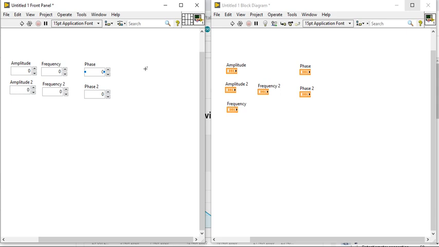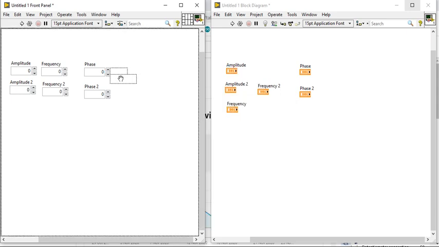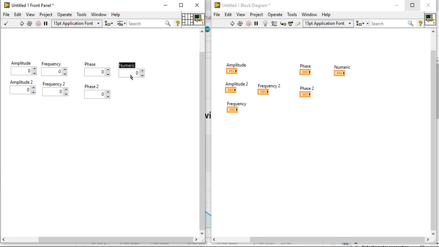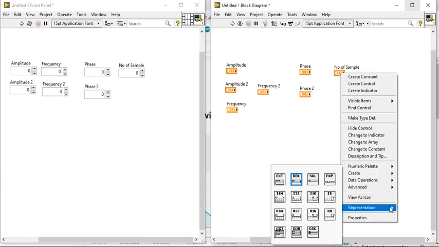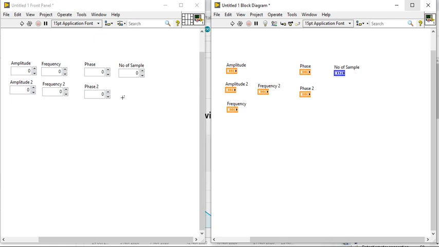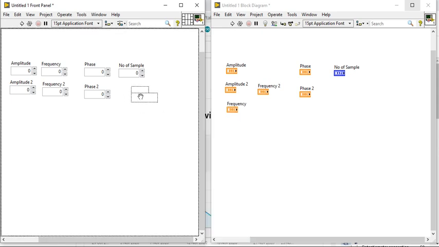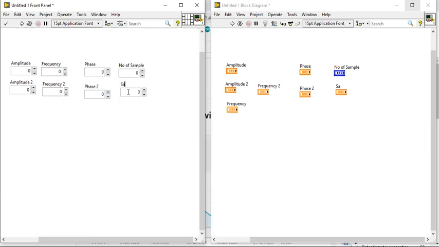Then we need number of samples. We need to change the representation of this sample to I32 to eliminate the coercion effect, and then we need sampling frequency.